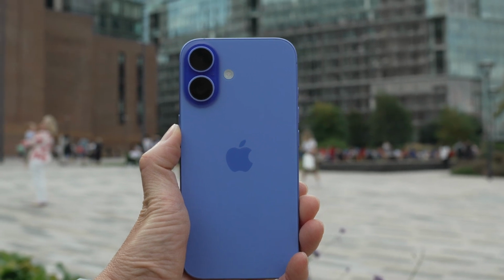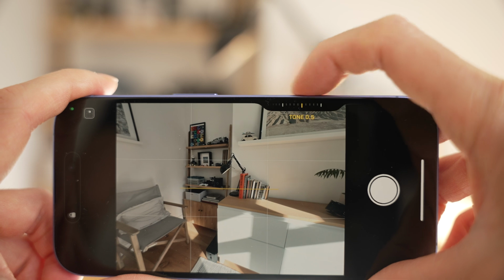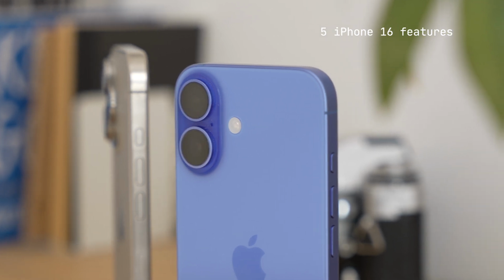So this is the iPhone 16 and the 16 Pro, but the question is, is it worth the hype? Is the new camera control any good? And which one is right for you? Well, in this video, we'll be taking a look at 5 new features on the iPhone 16, 9 new features